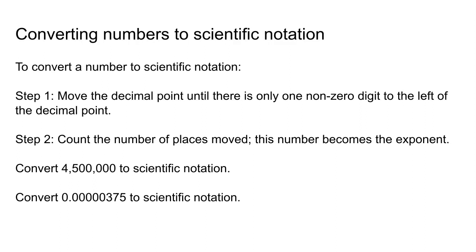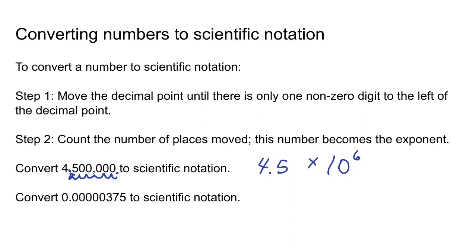For example, to convert the number 4,500,000 to scientific notation, first put the decimal to the right of the ones place, and then move the decimal point to the left, so the resulting number is greater than or equal to 1 but less than 10. So I'll move the decimal point 1, 2, 3, 4, 5, 6, which means the coefficient is now 4.5 times 10 to the 6th power,